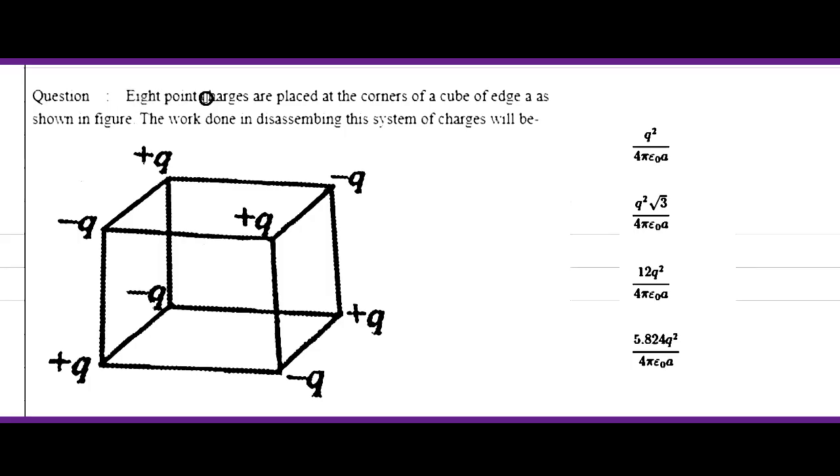ओके, 8 पॉइंट चार्ज हैं हमारे पास, उनको कहाँ रखा गया है, जैसे देख सकते हैं, क्यूब के कॉर्नर्स में रखा गया है। डायग्राम में देख सकते हैं कि हर जगह रखा गया है, कोई प्लस क्यू है कोई माइनस क्यू है, हर जगह अपना अपना चार्ज रखा गया है। क्वेश्चन में बोल रहा है कि इसको असेंबल करने में वर्क डन कितना लगेगा।